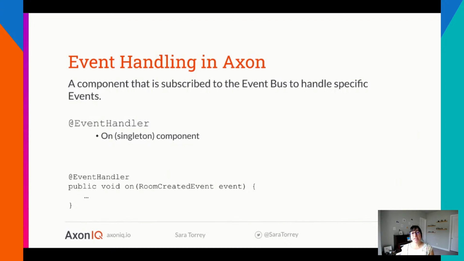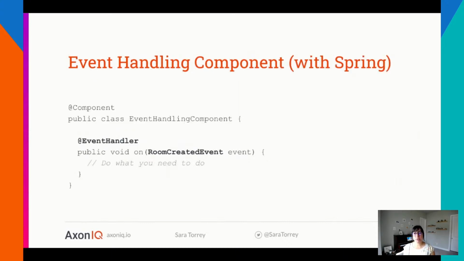Now, more specifically looking into Axon Framework, an event handler is a component which is subscribed to the event bus to handle a specific type of event. By subscribing, it will receive or pull events from the event bus to handle. Code-wise, this is done by annotating a function with the @EventHandler annotation, which looks as follows. Here, we have an event handling function for the room created event. Putting it more concretely, you could have a Spring Bean with @Component. The @EventHandler annotated function on it is called automatically when a room created event is published. Now, hopefully this is pretty straightforward.